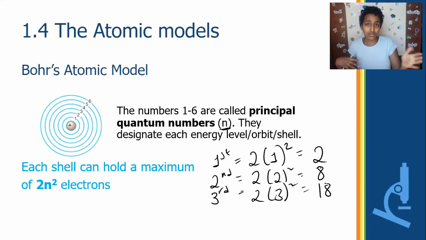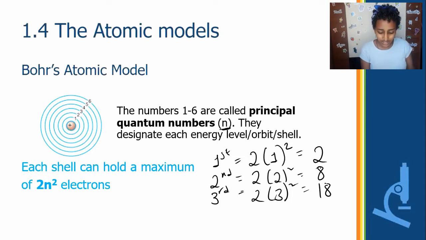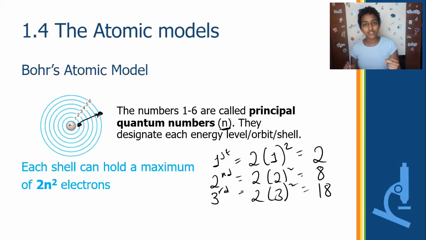Electrons like to move around, and when they do move around, there's a lot of energy changes that happen. For example, let's say there's an electron in the first shell, and it jumps up to the 6th shell. This is why you have to understand shells are more than just orbits. They're energy levels. So if I were in the first shell, a low energy level, and I tried to go up to the 6th shell, a much higher energy level, I need energy.